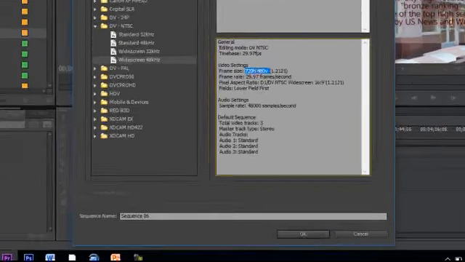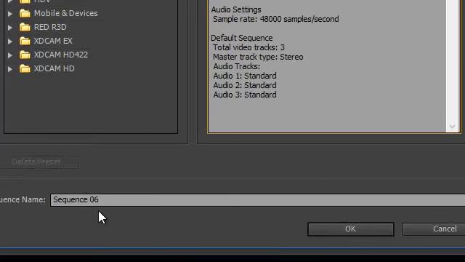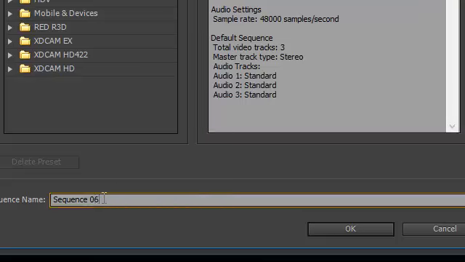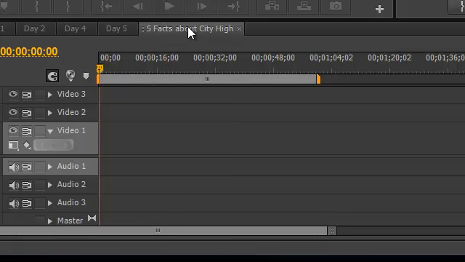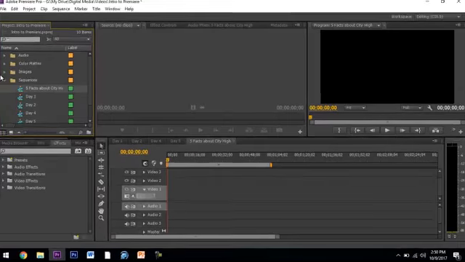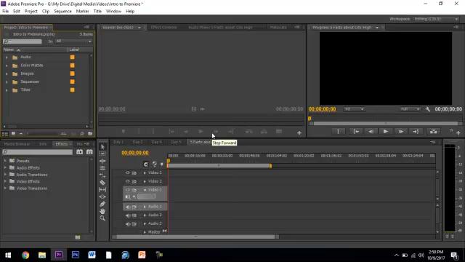We're going to stick with that for our project, and you're going to name this sequence what the name of the project is, which is 5 Facts About City High. And go ahead and hit OK on there and you have a brand new timeline. You can see the name of the sequence here, and we're going to do it inside of our already created project Intro to Premiere, because a lot of the titles and pictures that you use while we practiced will be